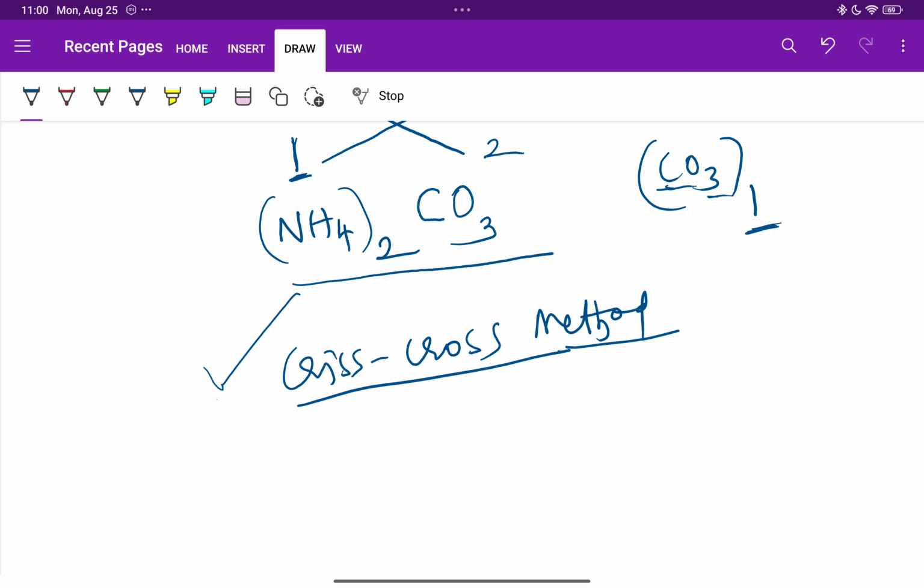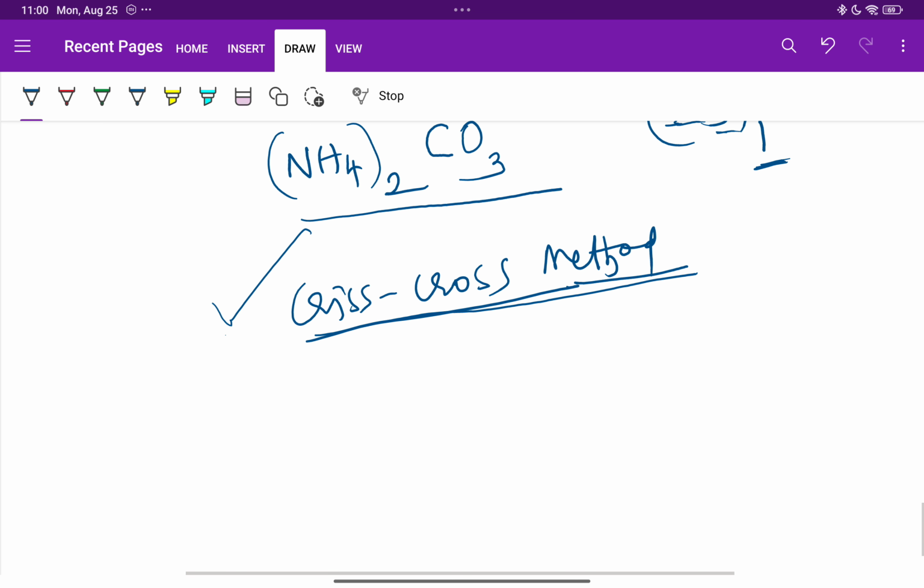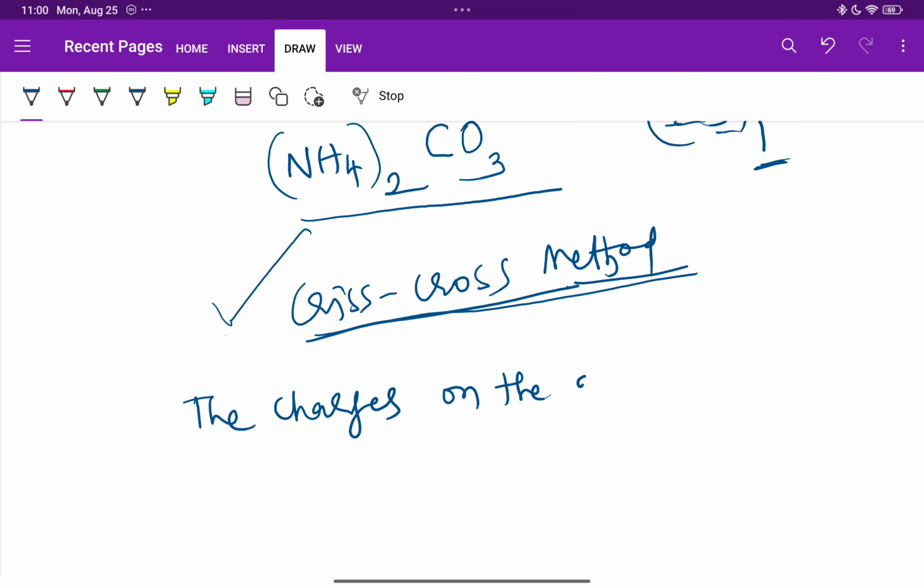The method is called the criss-cross method, and the charges on the atoms which we are observing are equal to the valencies